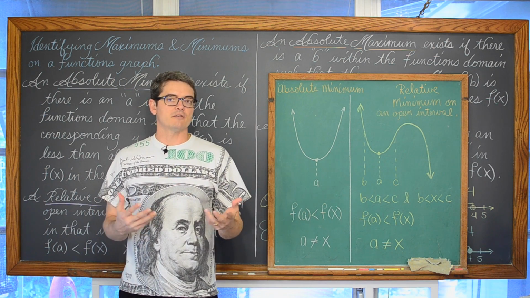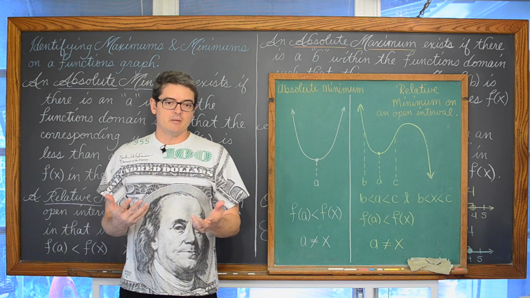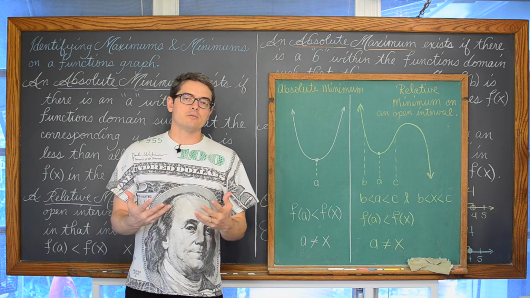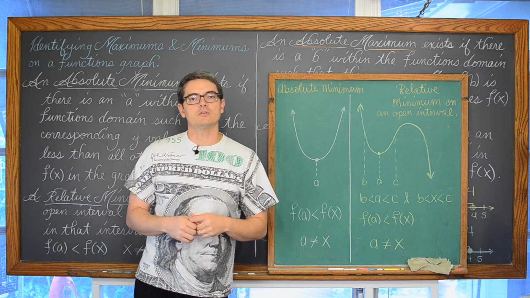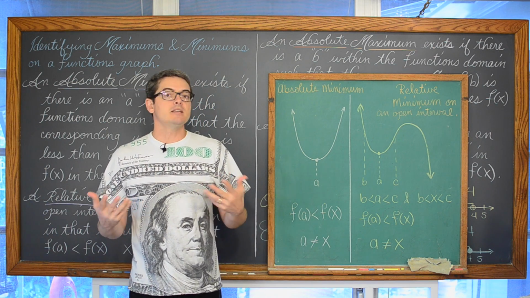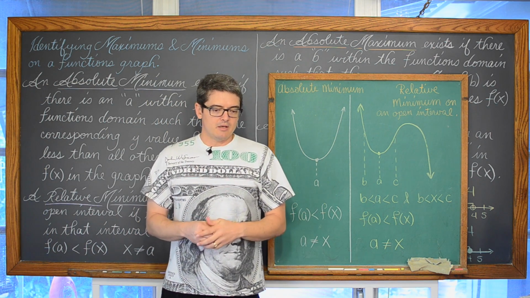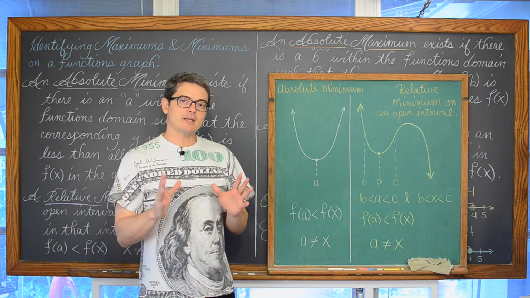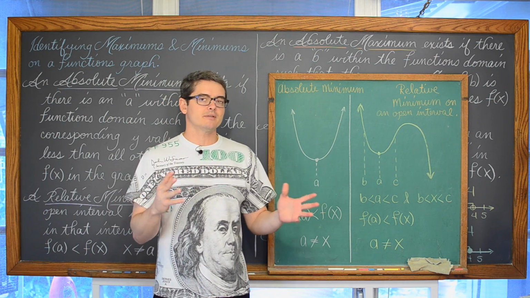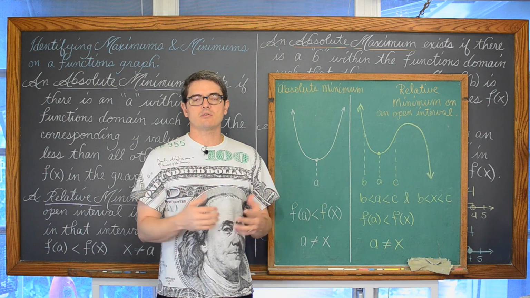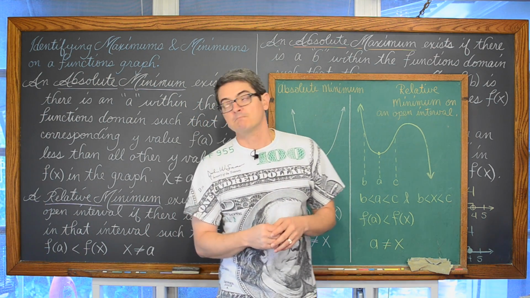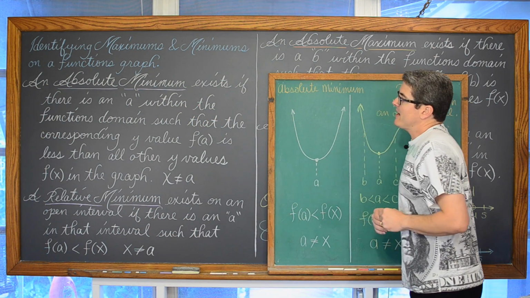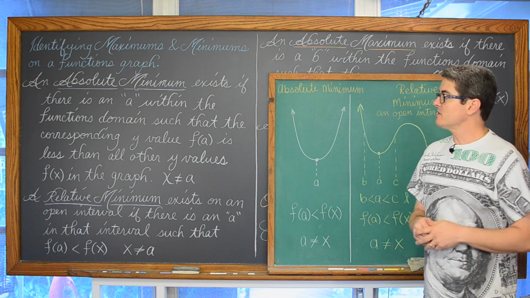You could be doing some kind of financial analysis and be looking at some kind of graph that models potential profit that you're going to earn off of a new idea or product that you're developing. There's a lot of real-life applications, but in this lesson, we're going to be just, again, looking at 5 graphs that are given to us, not necessarily applied to some kind of real-life setting. Identifying maximum minimums on a function's graph.